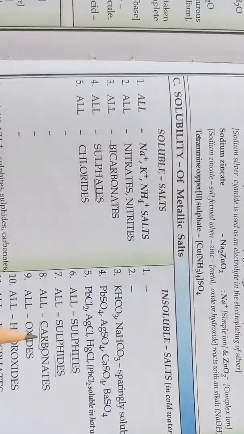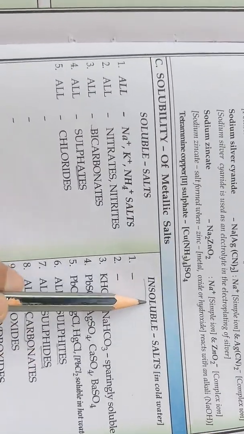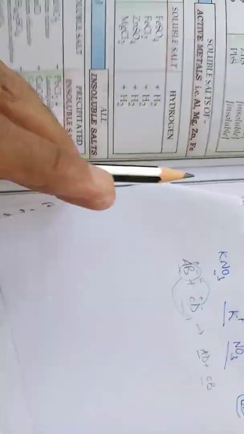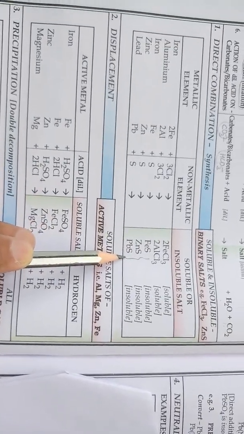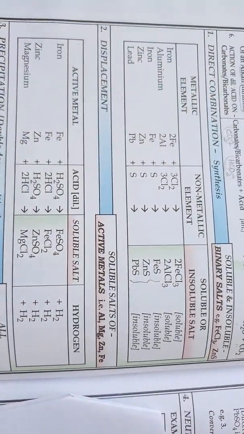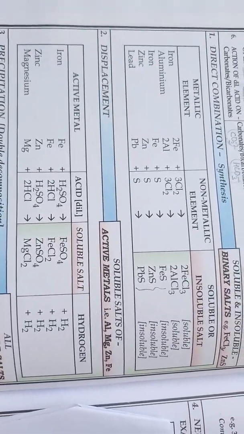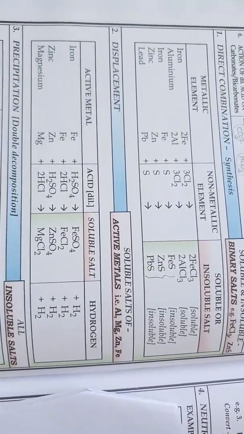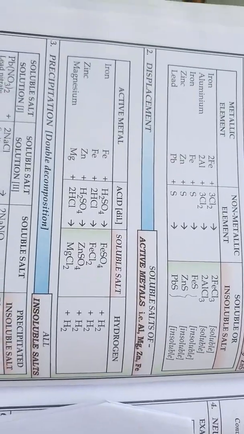I just told you earlier, we just learned these sulfides. They are in the category of insoluble salts, right? And here we have the same salts. So keep in mind when you learn this table, learn systematically, because sometimes they can make one simple question of 1 mark from this table, just to confuse you. If you come across sulfide, it is insoluble, right? It remains insoluble in the compound.